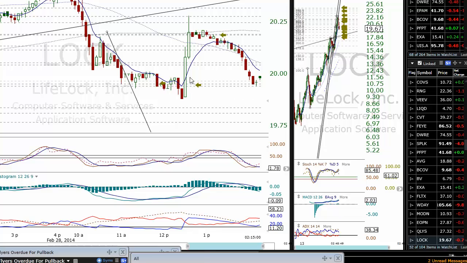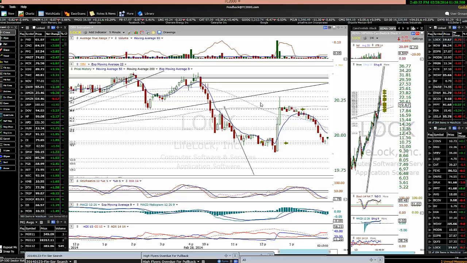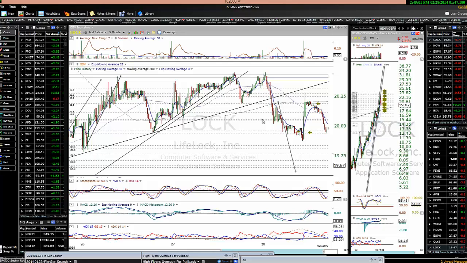Notice now we're trending underneath this 8 exponential moving average. Notice we're down below the 50 period moving average. Your triangle is still up here, but it's starting to fade into the distance. But let's bring it back in focus a little bit. So there's the triangle pattern. Notice here is the measurement for the target for the triangle pattern. So I'm expecting price to get down to about